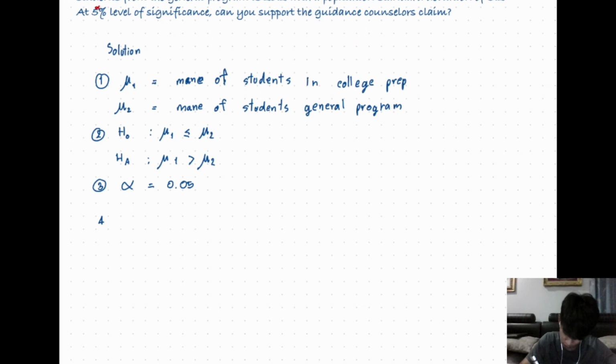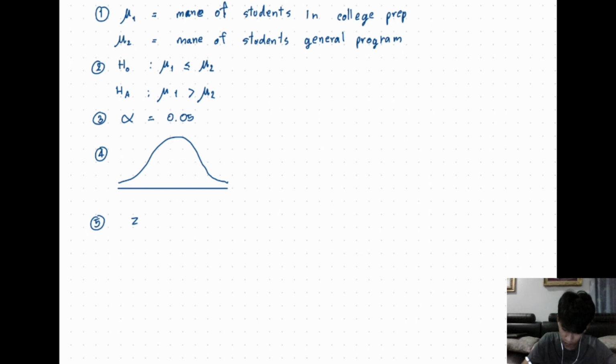Step 4. Draw the picture. Step 5. Z equals x bar 1 minus x bar 2 minus mu 1 minus mu 2,